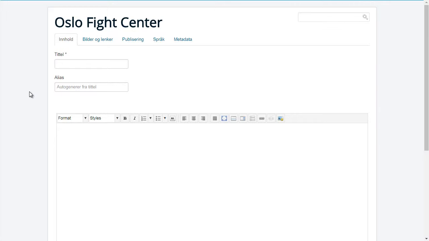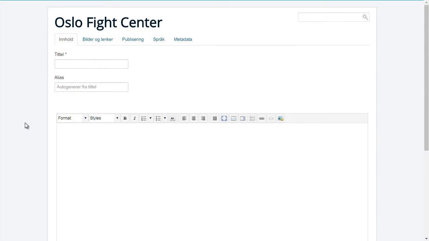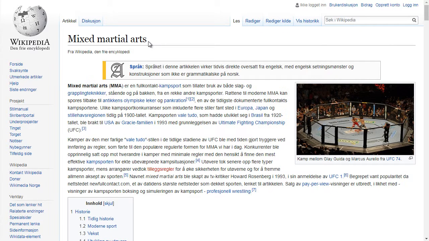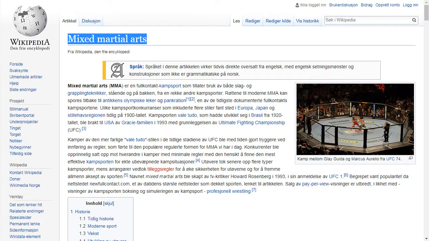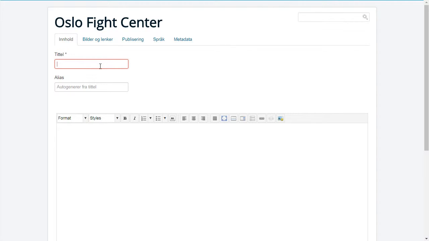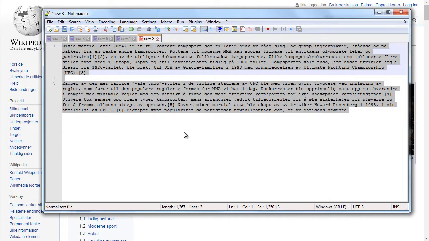Here we come to another template I use to make it more simple, and you see the menu is in the bottom here under the article because these have a different module position. Well, we are going to use an example from Wikipedia, mixed material arts, and so I don't mix it with other things here. I will call it test mixed material arts, and then I will take some text from here, which I will first put. I will use